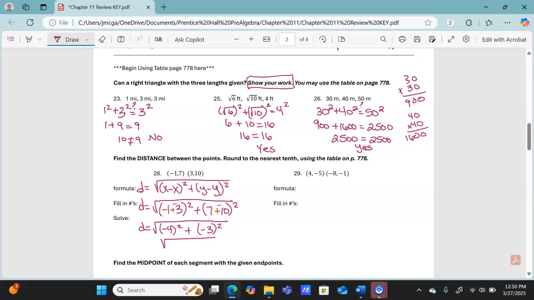So we're going to have 16 because -4 times -4 is still positive. -3 times -3 is +9. So I end up with the square root of 25, which is 5. And on this one,